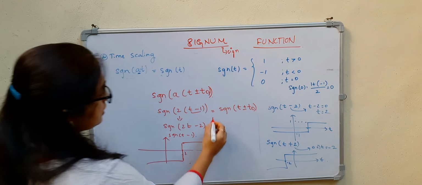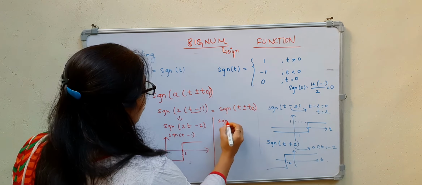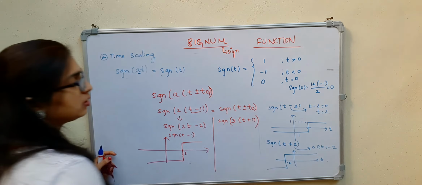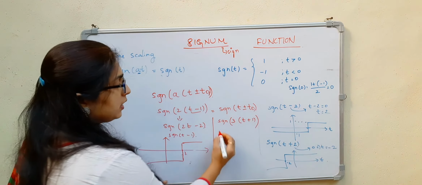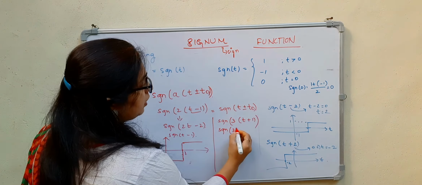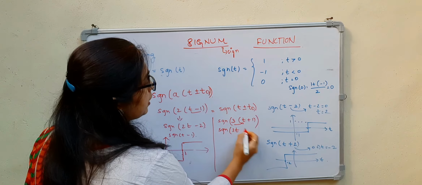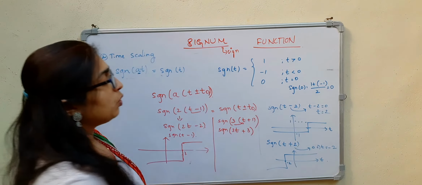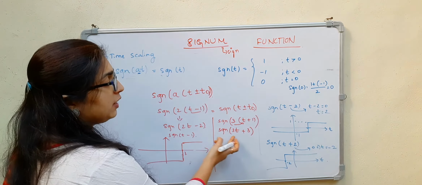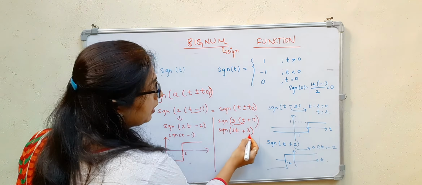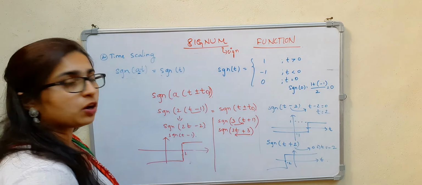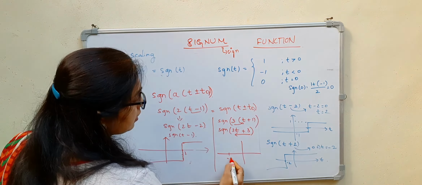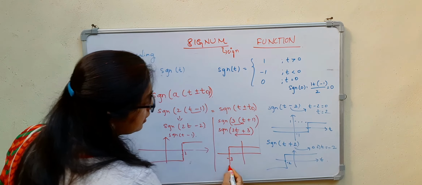Let me consider another example. Signum of 3t plus 1. Signum of 3t plus 1. In this case, what I will do, signum of 3t, I will multiply it on both the sides to perform the scaling and shifting operation. 3t plus 3. So you know how to do the shifting and scaling when you have it like this. So from the right, if you come, you have to perform the shifting operation first. So it will be shifted towards left by 3 units. So you are going to get this signal.